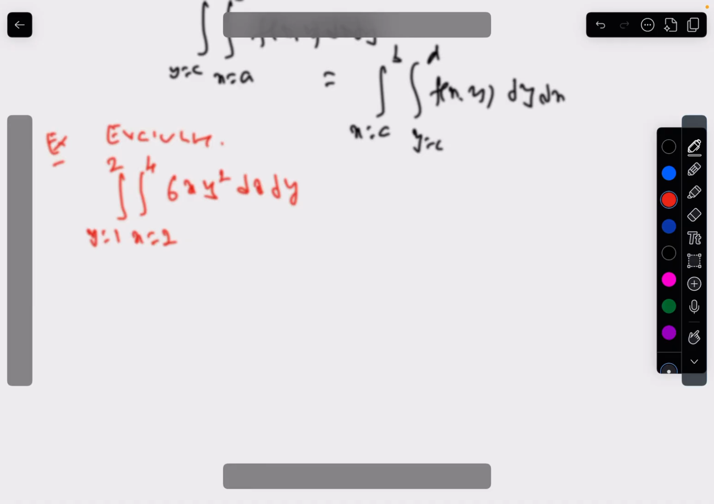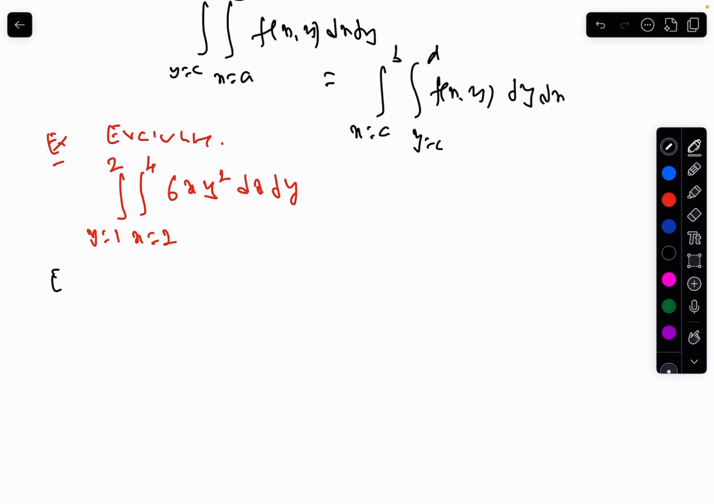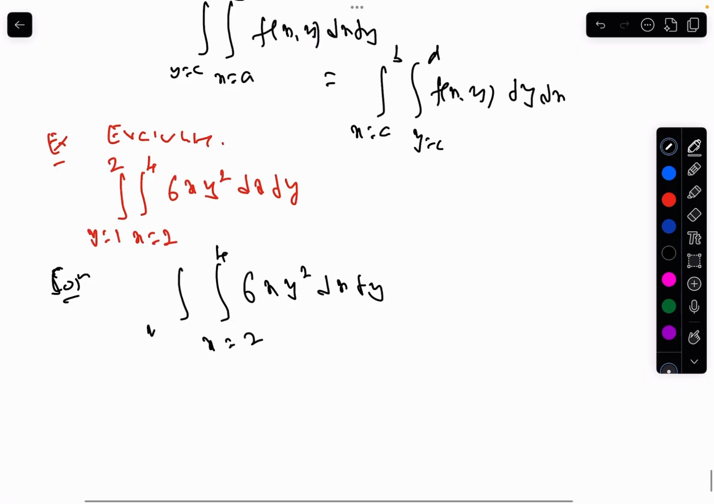So let us evaluate the double integration of 6xy square dx dy, where x is from 2 to 4 and y is from 1 to 2. When we integrate with respect to x, y will be considered as constant. So this is 6y square,